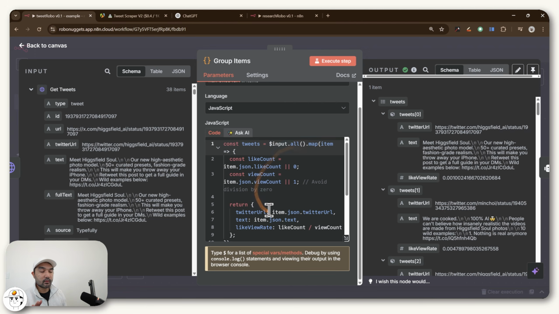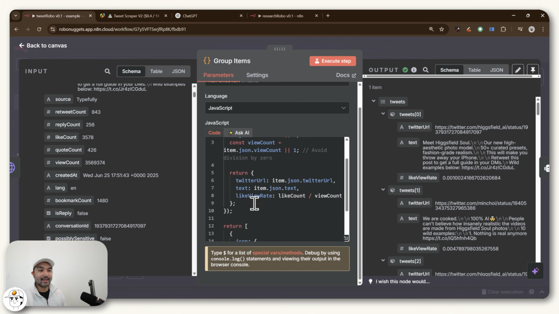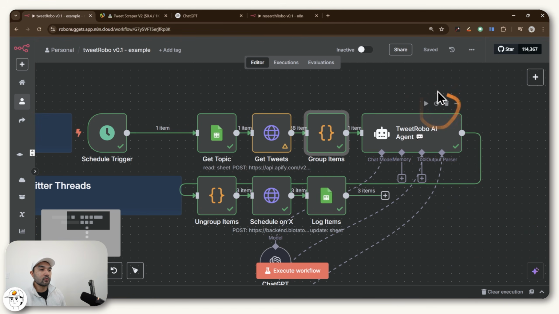What that will basically do is summarize in one group the Twitter URL, the text in that tweet, as well as this like view rate, which, just to explain quickly what that is, is basically this formula where I'm just dividing the number of likes of that tweet by the views or impressions of that specific post, which is just a good indicator of the quality of that tweet in general. But that's good because now we have this one corpus of tweets, which we can pass along to our TweetRobo